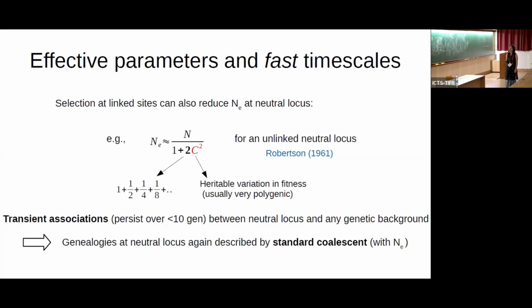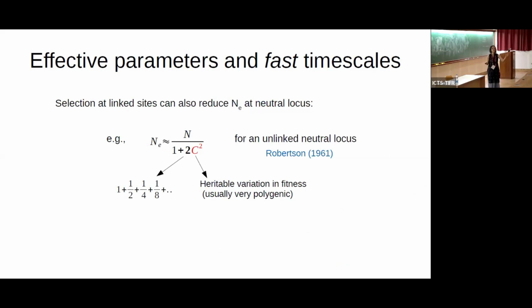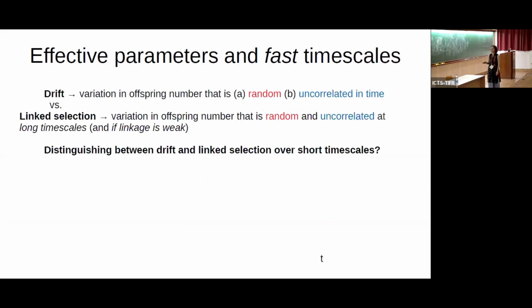often people use effective population sizes even when this process of linked selection is not fast. They use this as a way of saying, well, look, diversity is lower than what we would expect by a certain amount, so let's encapsulate this using an effective population size. But it's useful to remember that this doesn't still hold: the genealogies are not described by standard theory, and the effects of selection are not described by standard single locus theory. It's not just a question of rescaling things.